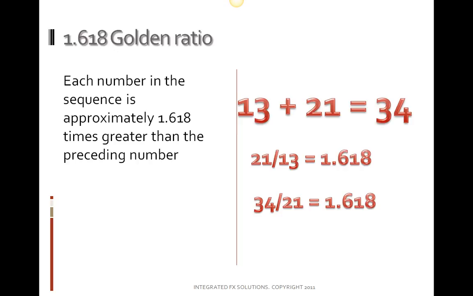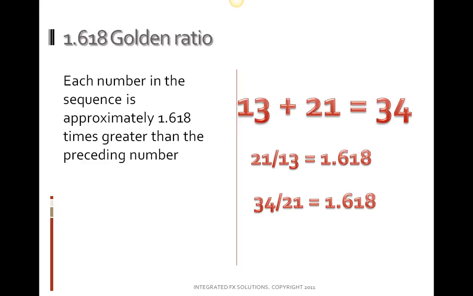1.618 golden ratio. In the previous section, we looked at 0.618. Now, in this section, we are looking at 1.618. In the previous section, 0.618 is called the golden ratio. The reason why it's golden will be discussed in the following section. Now, let's look at